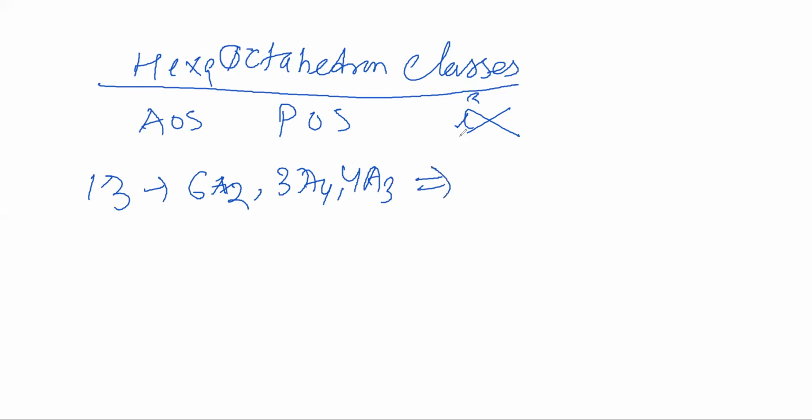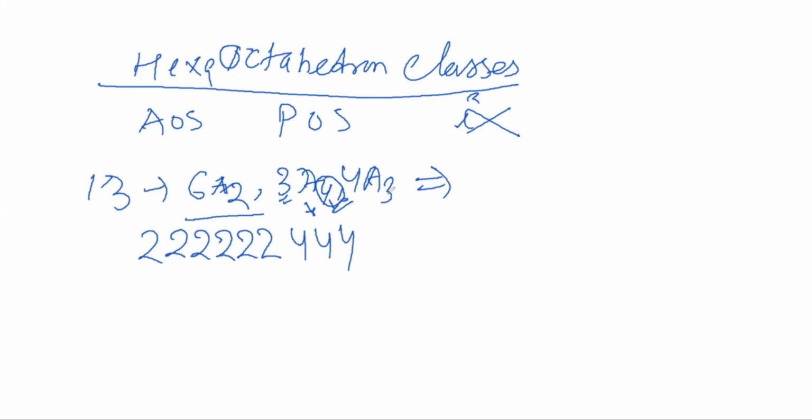And I told you in the HM symbol, we write the axes of symmetry as numbers. Now this is 2-fold symmetry. How many times is there 2-fold symmetry? 6 times. So we will write 2 six times. There are 3 axes of 4-fold symmetry. How many times? 3 times, so 4, 4, 4. And we have 3-fold symmetry. How many times? 4 such axes are there. That means 3, 3, 3, 3. How many times are we going to write? 4 times. So you have to remember this.